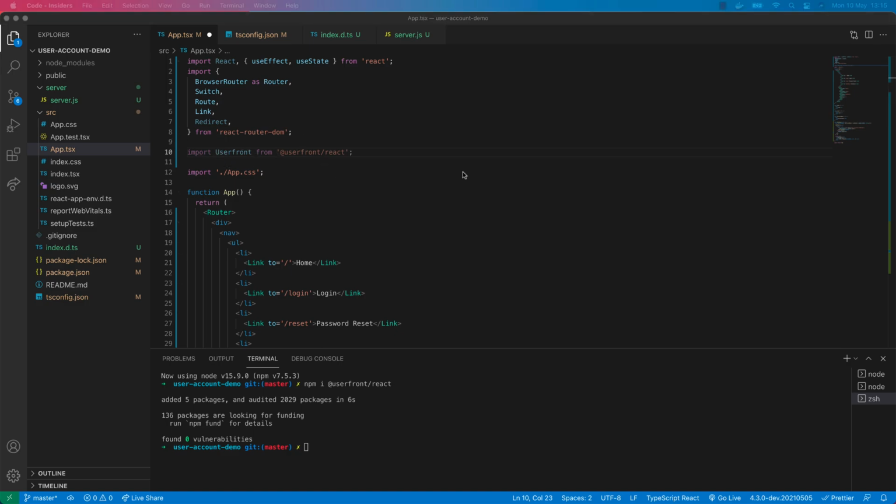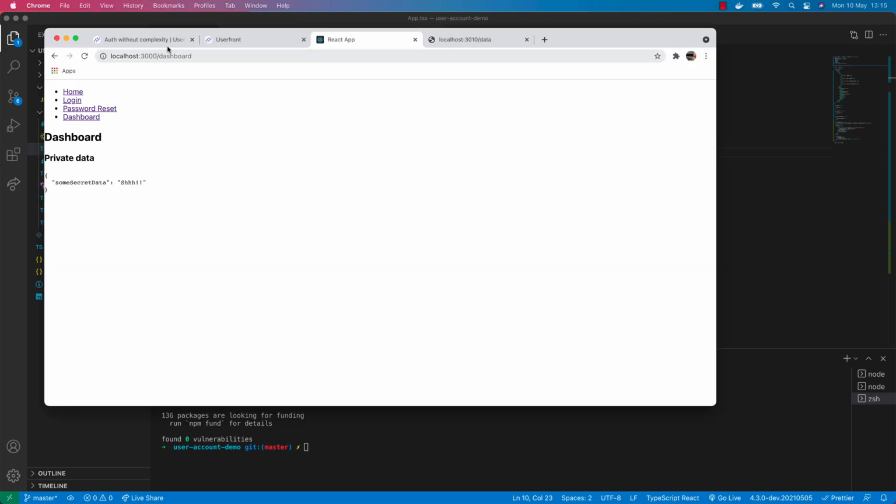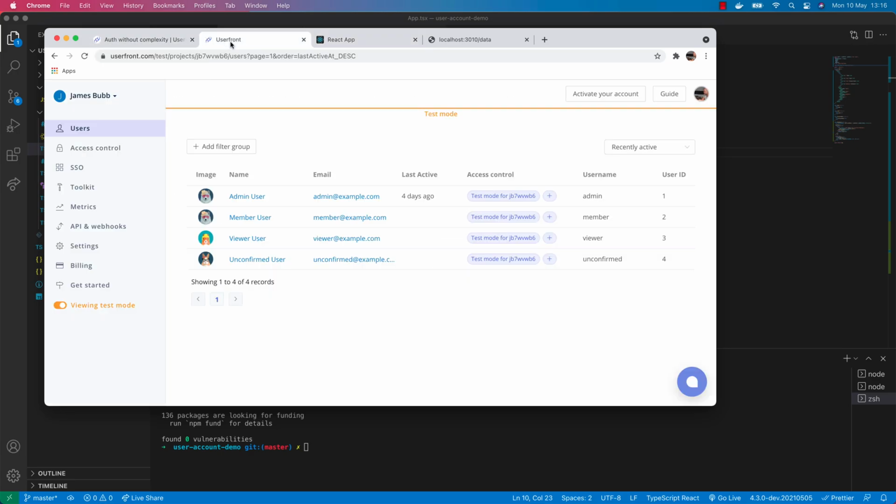Okay, so what Userfront will provide us is it'll actually create components for us for sign up, login and password reset forms, so we don't actually have to make any of that markup ourselves. But what we actually have to do is create those sign up forms based on a specific ID that's been set up in our account. And one thing that's not quite clear in the documentation if you read it through is how you actually go about doing that. But after a bit of trial and error, I found that if you just go into your